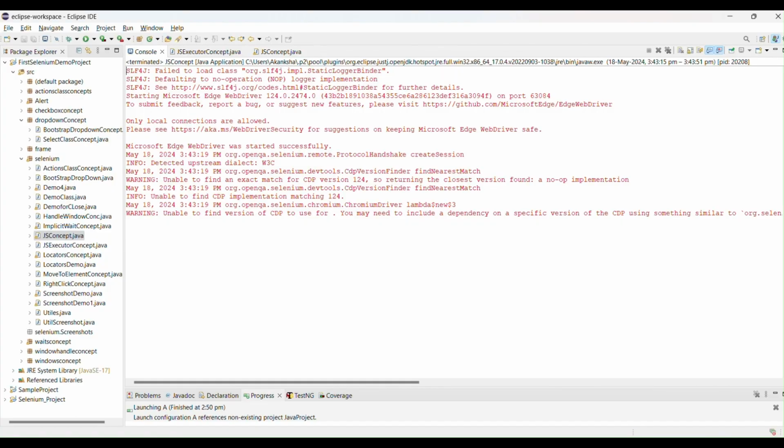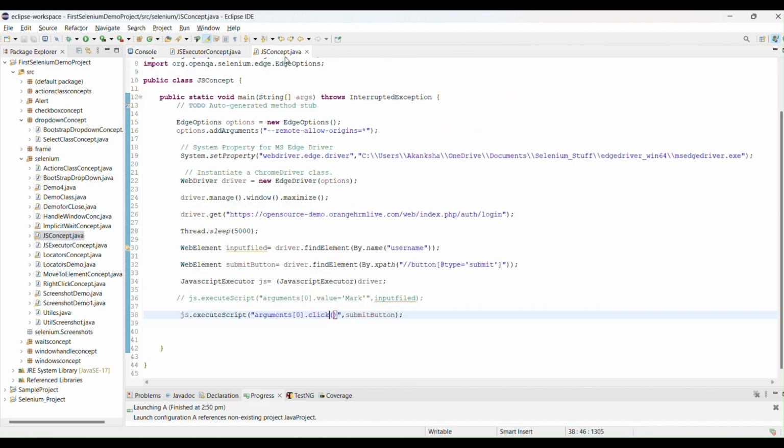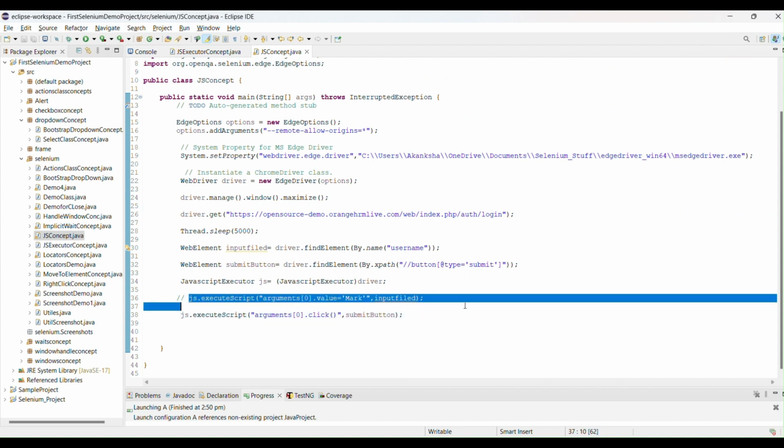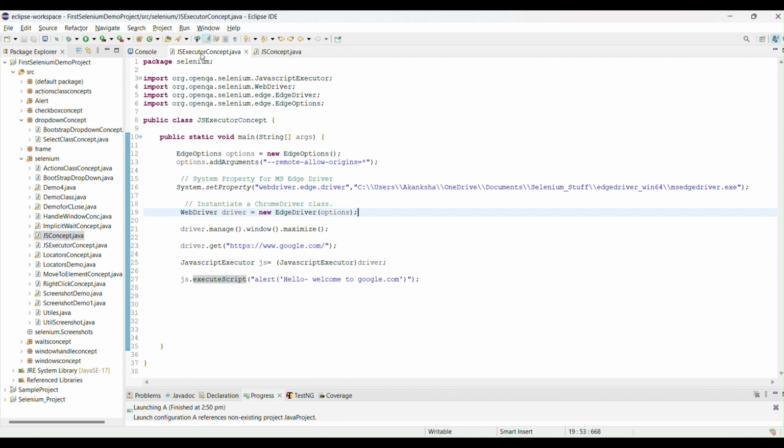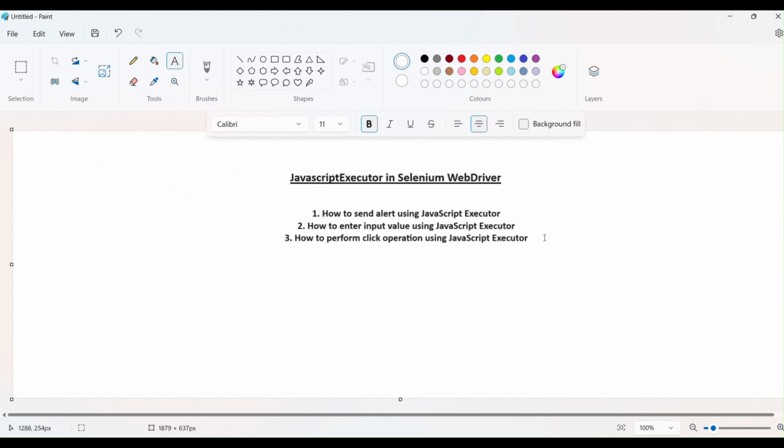So guys, we performed click operation using JavaScript. I also showed how we can enter any input value inside any input field using JavaScript, or display any alert using JavaScript executor. So I just gave you three demo examples where we are using JavaScript executor.